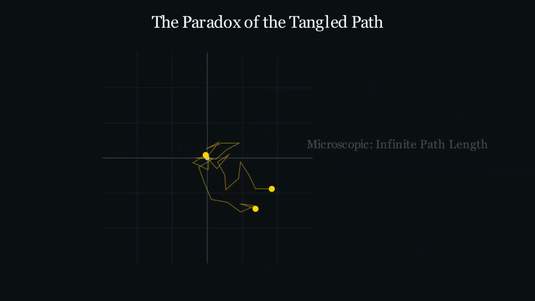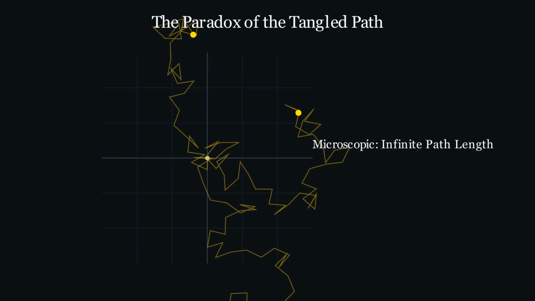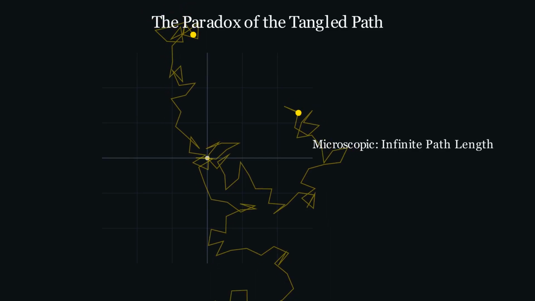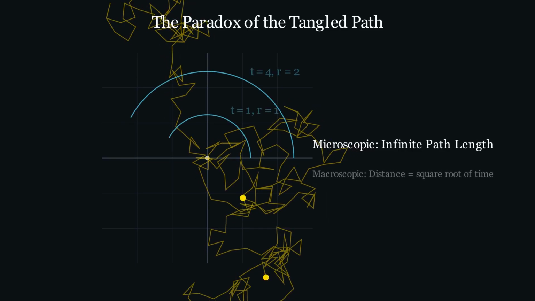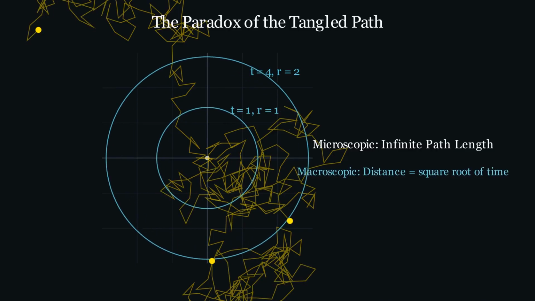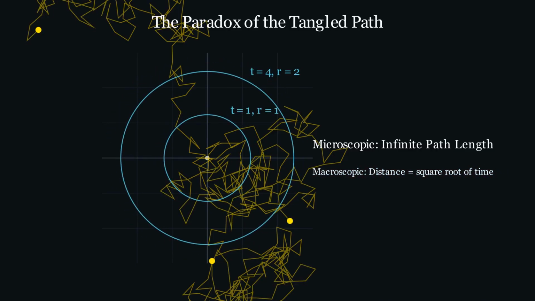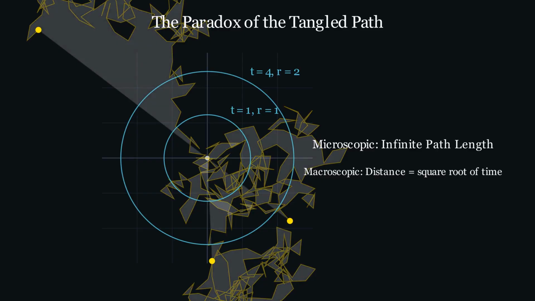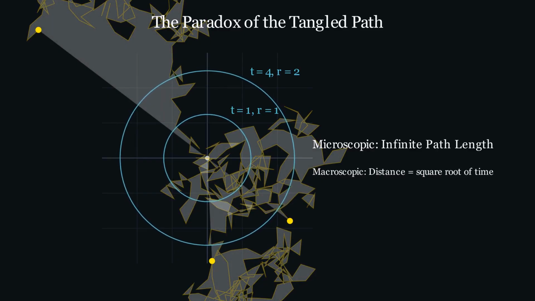At the microscopic scale, the particle is kicked violently in every direction, moving along a wildly infinite path. Yet at the macroscopic scale, its outward progress slows down dramatically, governed by the square root of time. Classical calculus, built on smooth curves and well-defined velocities, fails to capture this chaotic wandering. To unlock this mystery, we must change our perspective. In the next chapter, we will discover the hidden quantity that ticks like a perfect clock.